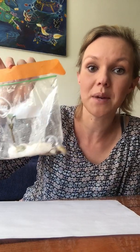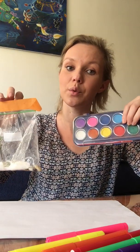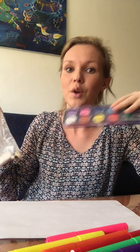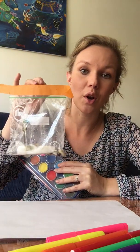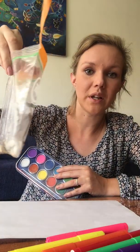So now what we have to do is draw the bean, because remember that I've sent you the bean diary. So I think that you've already made the first page and that you've colored it and everything. But now we have to draw the process of the bean. So that is what I am going to do as well. So I've brought some pencils, some colored pencils, and some paint, because I like to do it with paint, but you can choose whatever you want. You can use normal pencils, you can use something else. Be creative and color your bean, or draw your bean,